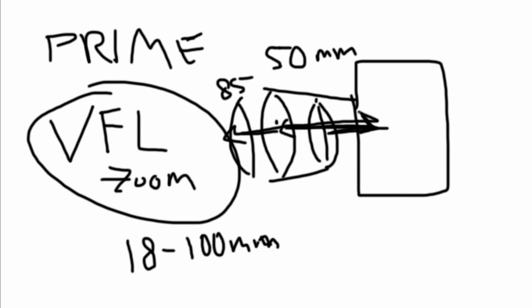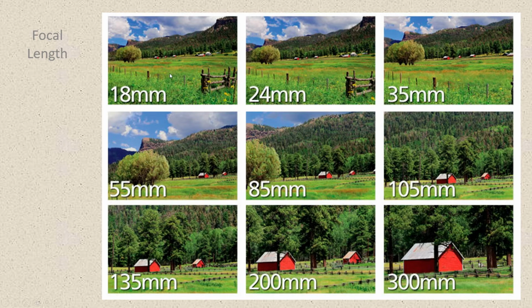That is 85 millimeters away. Now what happens as you increase or decrease your focal length is this. At 18 millimeter, the lens is close to the camera. You have a very wide shot, a very wide perspective of this image here. Now look what happens as we go all the way from the 24, 35, moving on up the line